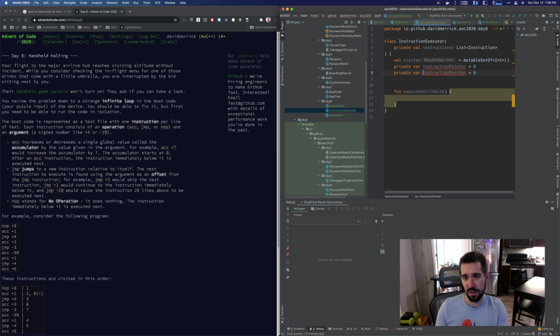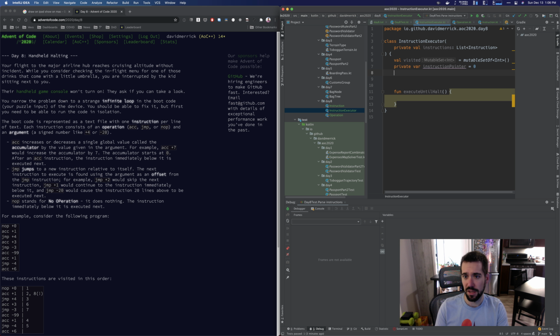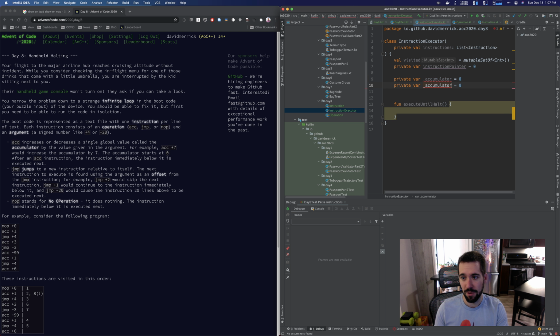I think I'm also going to make the accumulator private, but I want the getter for it to be public. Kotlin allows you to do this. I can have a private var and then underscore accumulator. I'm going to just call it ACC equals 0, because that's what they told us to start off with. I am going to rename it accumulator, and then I'm going to make a public